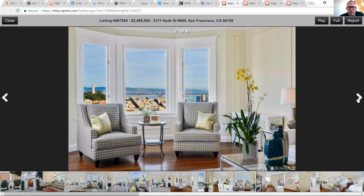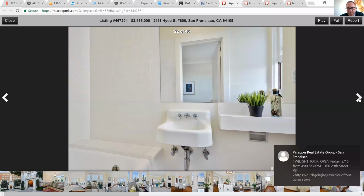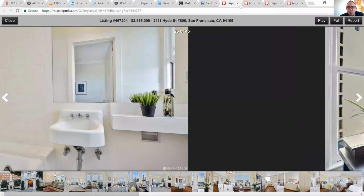You got some parquet flooring in the kitchen, but that's the thing. With the older buildings, it's not going to be a new product unless it's fully renovated. And look, this is a perfect example. Look at that cast iron bathtub. Look at that sink, right? Those are sometimes the nuances that you'd have to face when you're looking at some of the older buildings